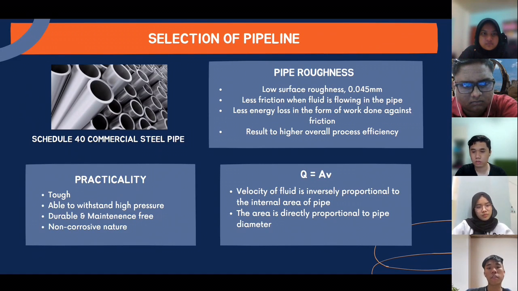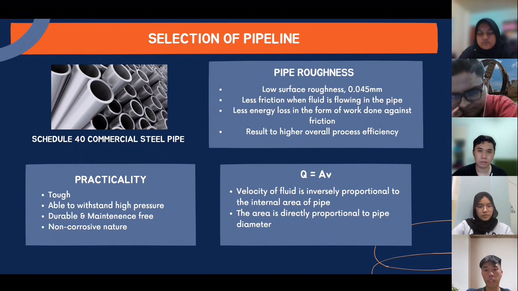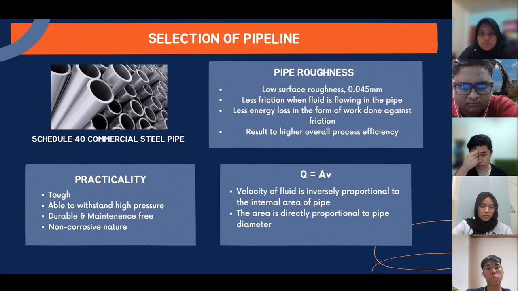The roughness of Schedule 40 steel pipe is low, with a value of only 0.045 mm. Low roughness indicates less friction loss in the piping to the environment, which proves the efficiency of the pipes. Other than that, these pipes are composed of non-corrosive steel, which means that they will last longer and save a lot of money. A 4-inch pipe with a diameter of 0.10226 meter is used, and according to the formula, Q equals